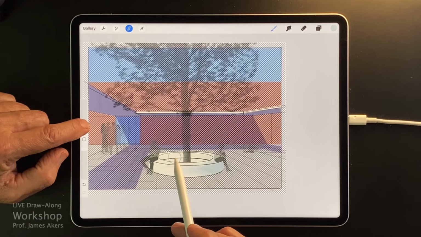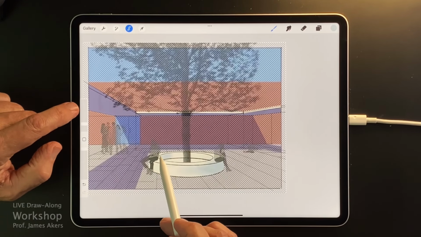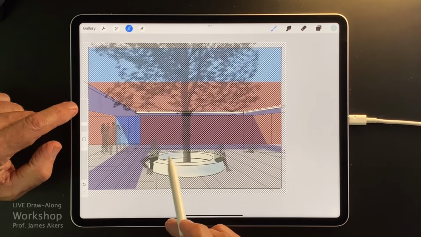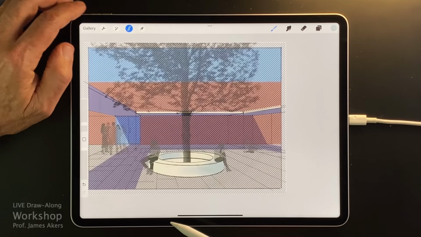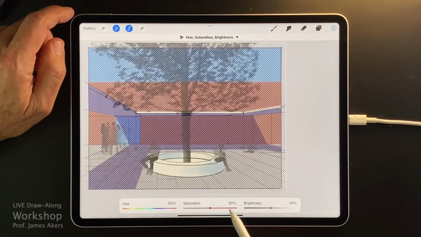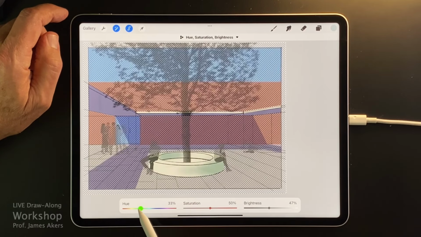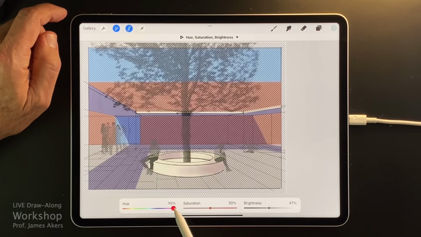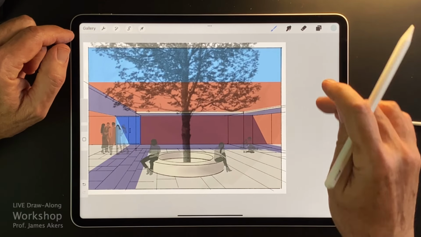And I'll even come over here, because this part will be in shade as well, not shadow but shade. I'll give that a little bit of that, and it's not a great color, but again, this is the old watercolor trick. I can come up here and adjust the hue and saturation, make it more at home with that color, whatever it is.